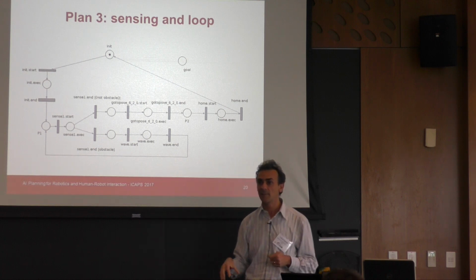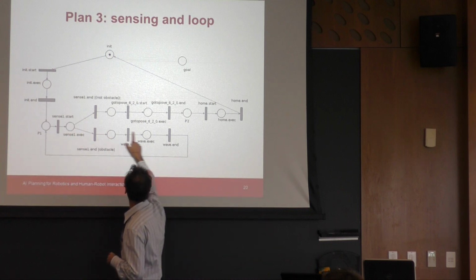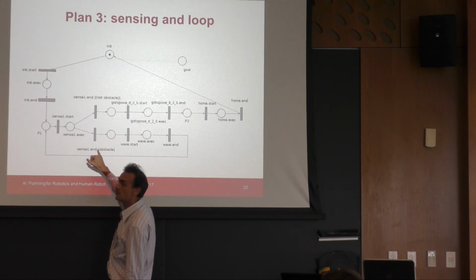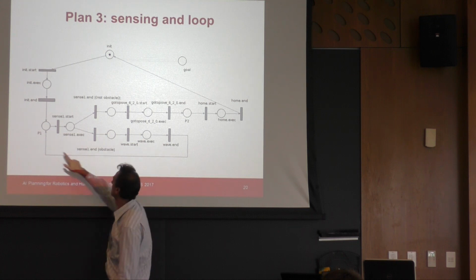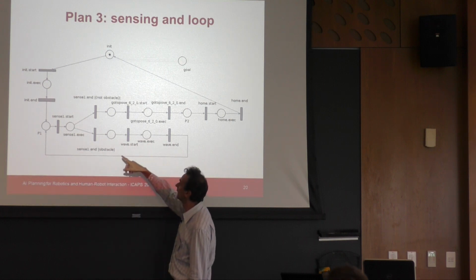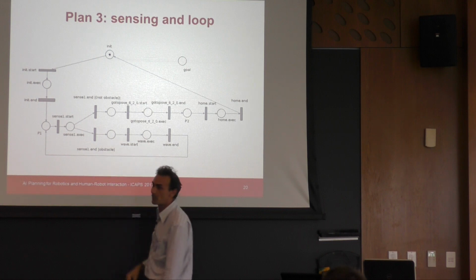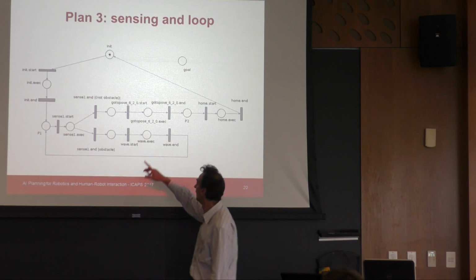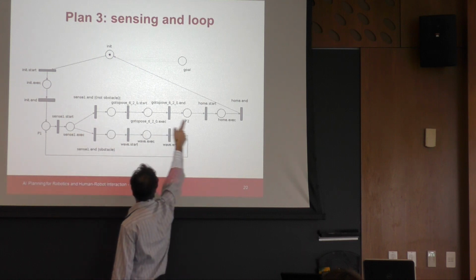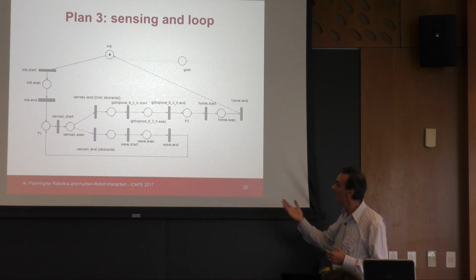If you combine sequence with a sensing action, you have this situation. So this is a loop that says that until this condition is true, you will execute this task. For example, here it says that until there is an obstacle in front of the robot, the robot waves. I don't know, whatever you want. And then as soon as this condition becomes false, you exit the loop and you do something else.